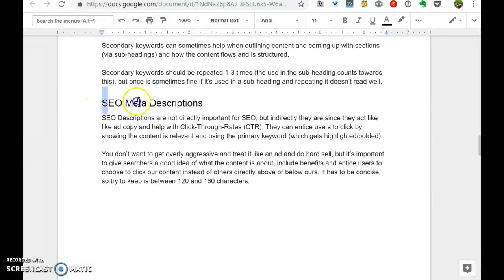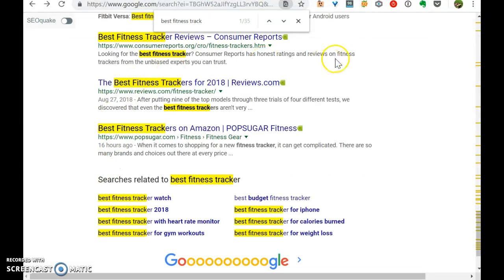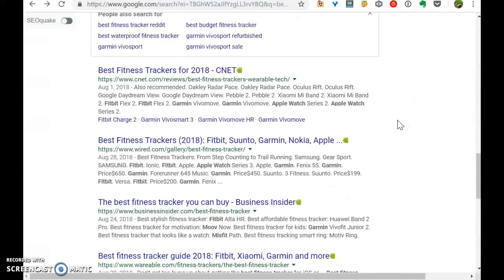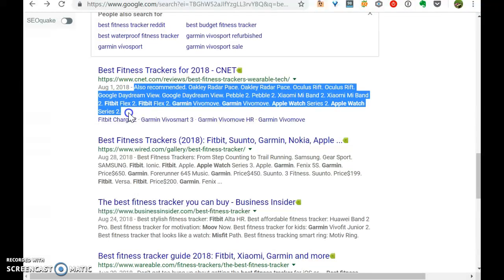So the SEO meta description is not directly related to SEO, but it helps with SEO. Let me just show you. More than 50% of the time, the meta description that we enter shows up here, but Google can change it.